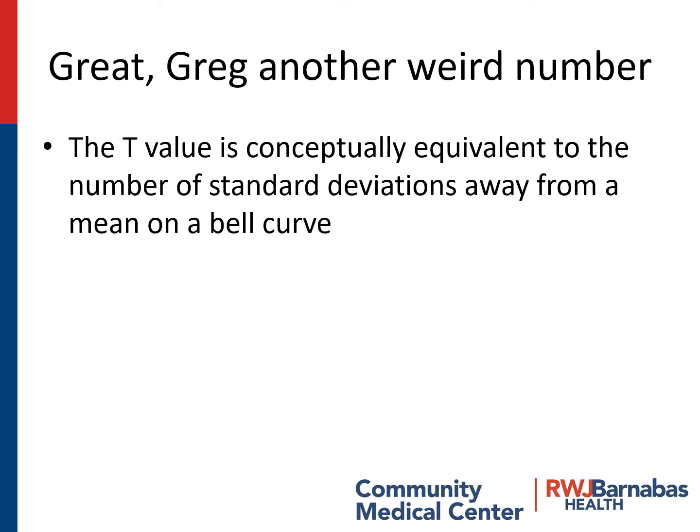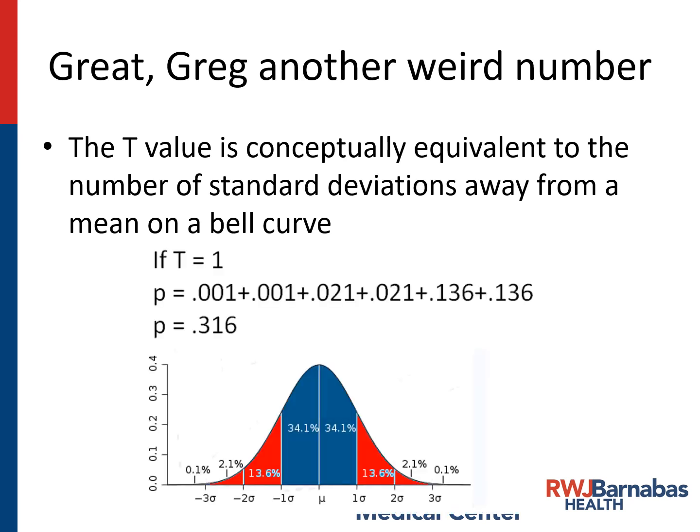All right. So what is a t-statistic? It's kind of similar to the number of standard deviations something is away from a mean on a bell curve. So if a t-statistic is 1, that means it includes 64.4% of the variance, and it excludes 0.316. So the p is 0.316. I hope that's explanative at all.